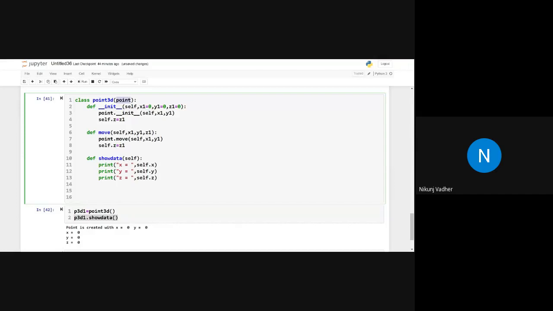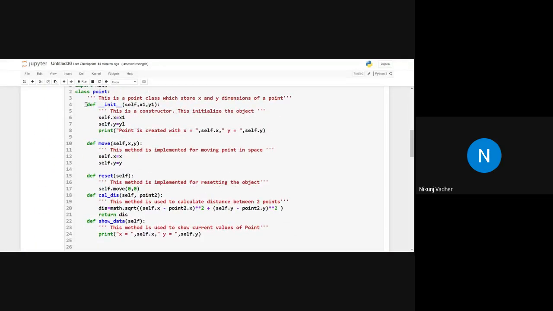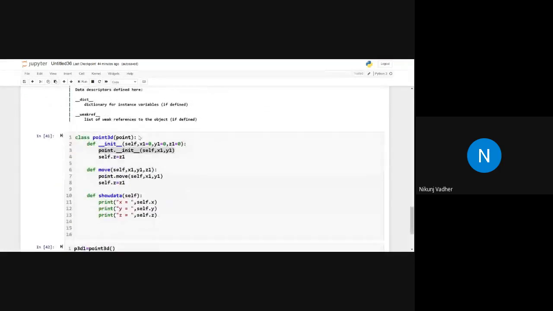Here is how it will work: we will specify three arguments. Out of those three arguments, the first two, x1 and y1, will be passed to the base class constructor, so whatever values we have passed will be used there. Then the third argument we have specified will be assigned in this 3D class.